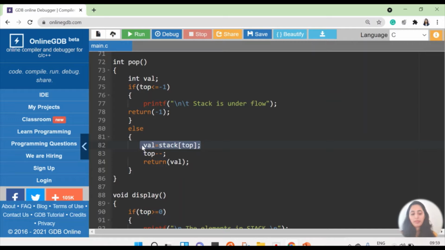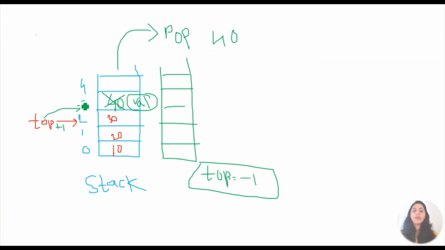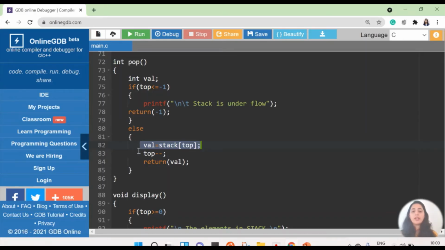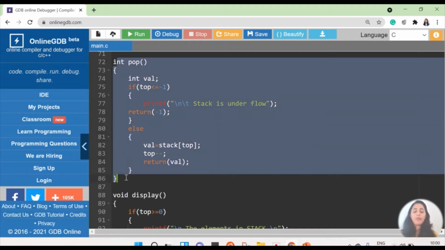Now I'm decrementing my top pointer by 1. So decrement your top by 1. Your top was at 3. Now if you decrement by 1, top is now equal to 2, which is now pointing to 30. Decrement the top by 1 and then you return this val. The value 40 that I saved from here, I am returning to the user, so that he can see that 40 has been returned and this is what he was expecting, the pop out as an answer. So this is all about the pop function.